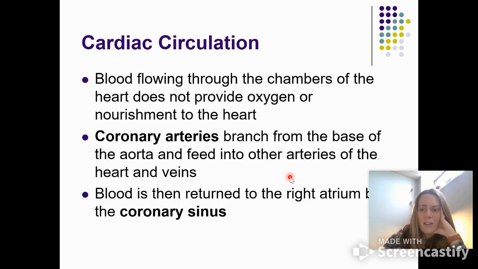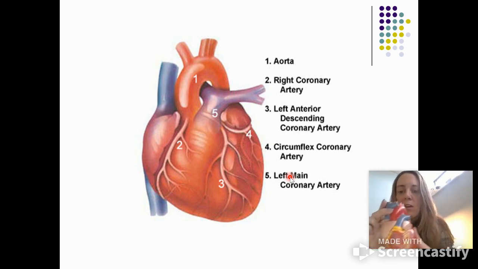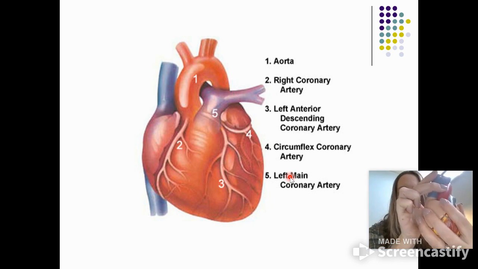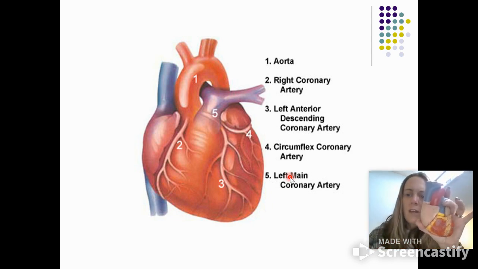So the heart itself has its own circulatory pathway. One of the first branches off of the aorta is actually to the coronary sinus, which is going to feed blood to the heart itself via the coronary vessels. The vessels you see on the outside of the heart are the coronary vessels. These are the vessels that, if they get occluded or blocked, will cause a heart attack,